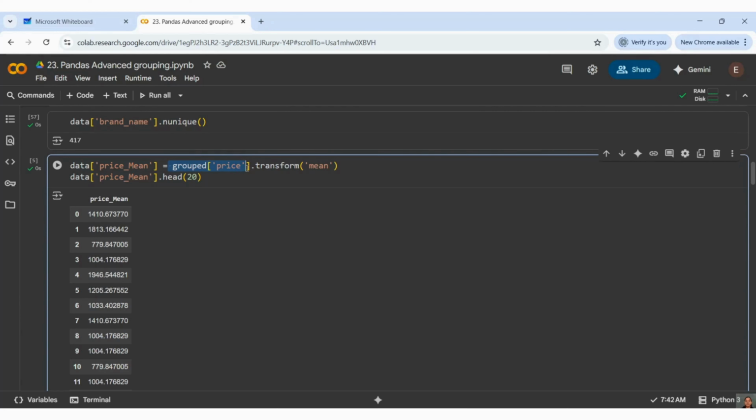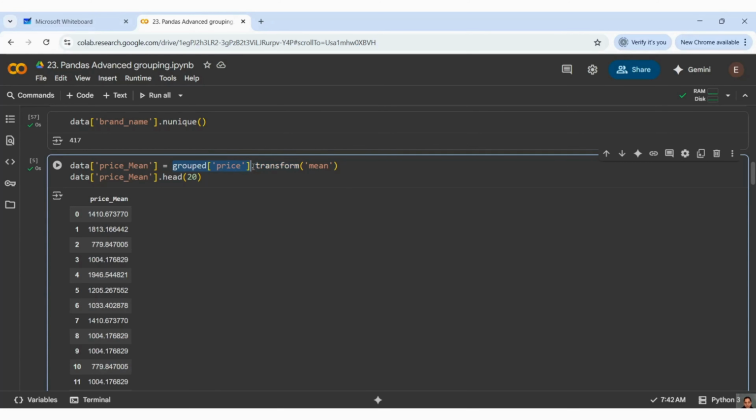Based on those brand groupings, I want the price, and after that, for all those prices, I want the mean of it, right? You can see how we are performing different kinds of methods.